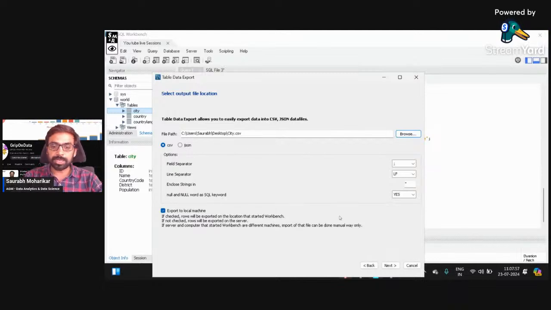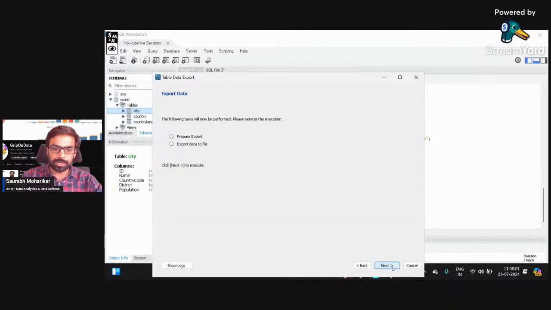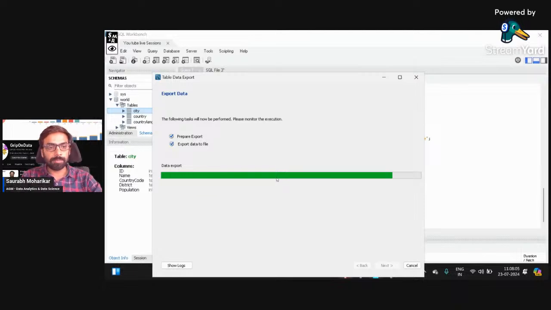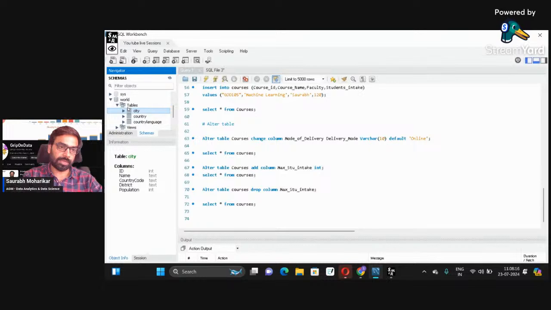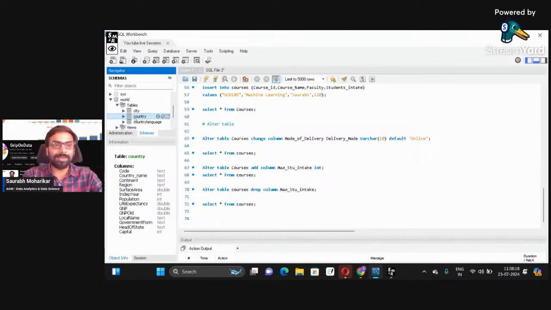CSV format में जाकर हम क्या करते हैं, local machine में इसको export कर लेते हैं. Next करता हूँ, and if I next, the data gets exported in my local machine. एक CSV बन के डेटा मेरे लोकल मशीन पे आ जाएगा. और यहाँ पर देखिए 4079 अच्छा खासा बड़ा रिकॉर्ड है. 4079 records are already being exported over here, imported into my local